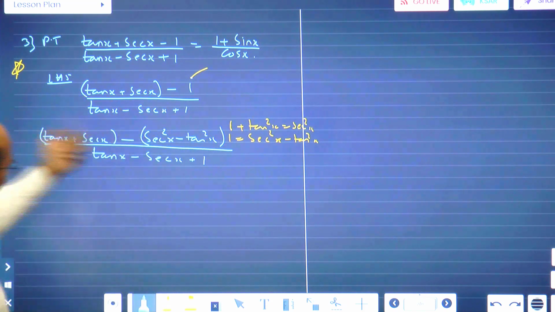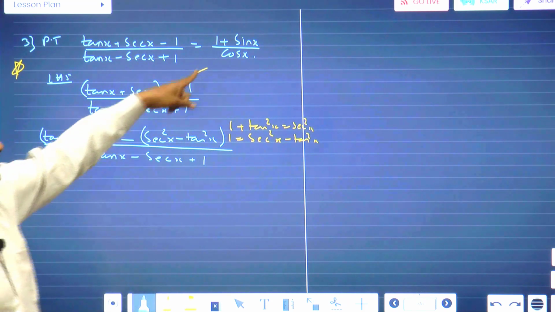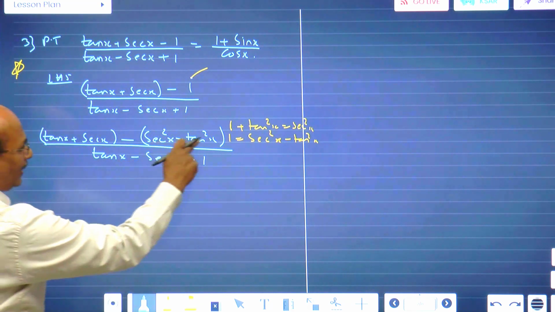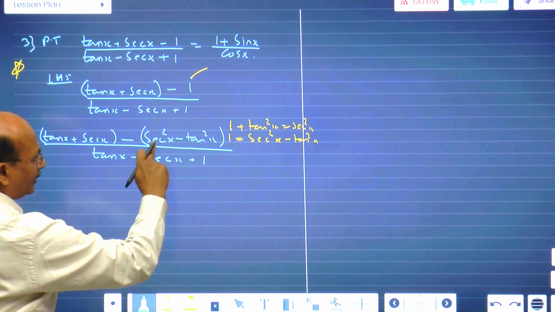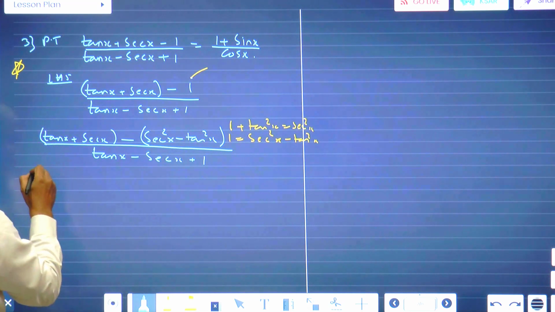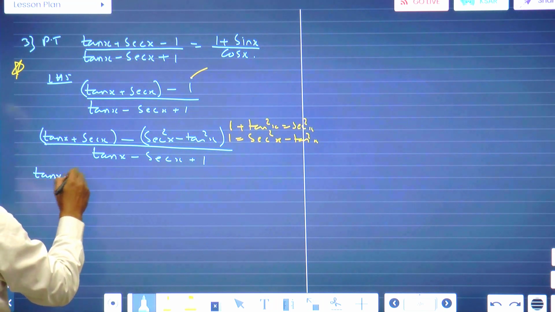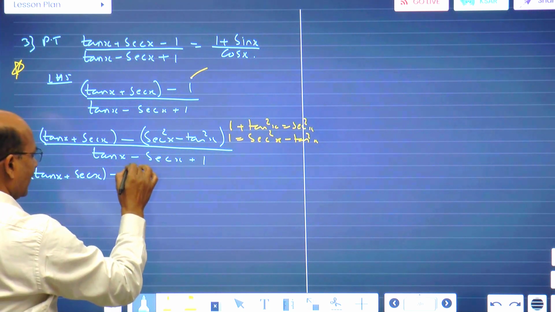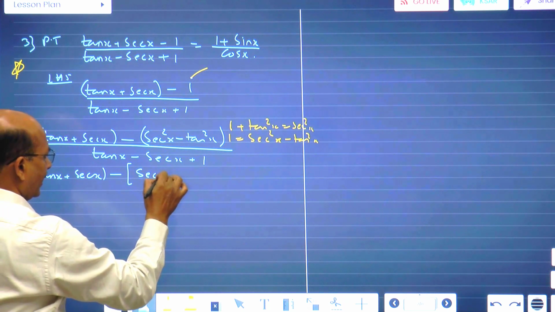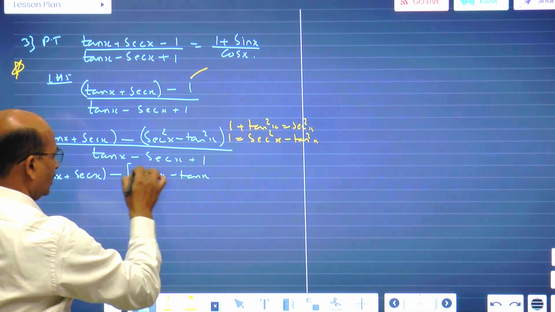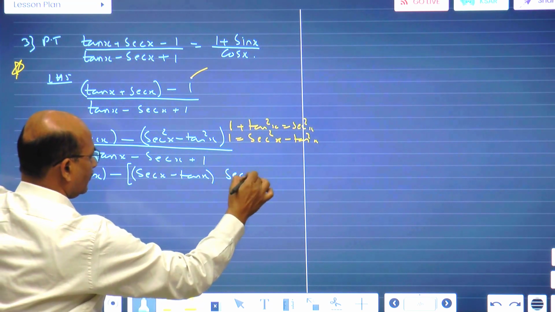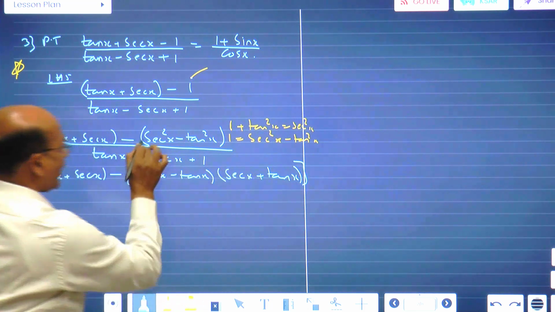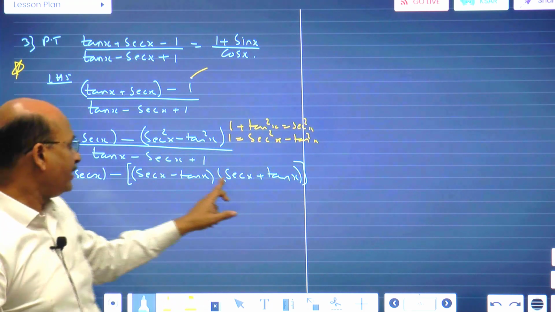So if I am able to take out common tan x plus sec x, I think somewhere I am nearing my proof. So that's the idea. So a square minus b square. Now a square minus b square is a minus b, a plus b. So let us do that simplification. This is tan x plus sec x minus, this I can write as sec x minus tan x into sec x plus tan x. I applied the a square minus b square formula, that is a minus b into a plus b,